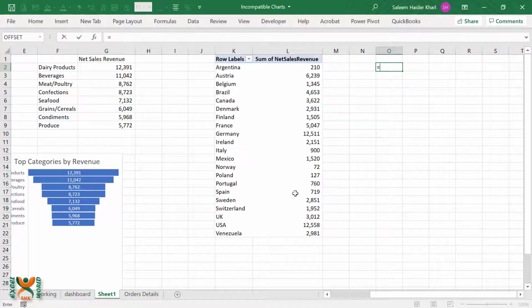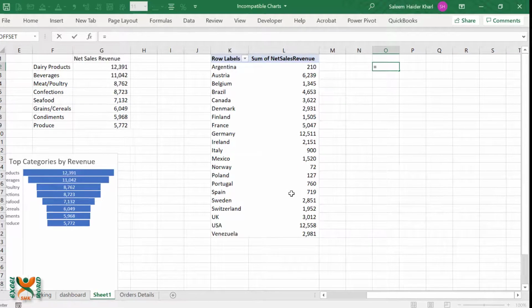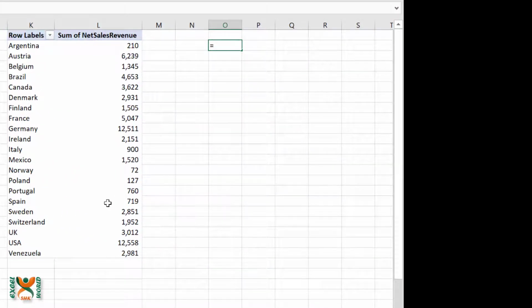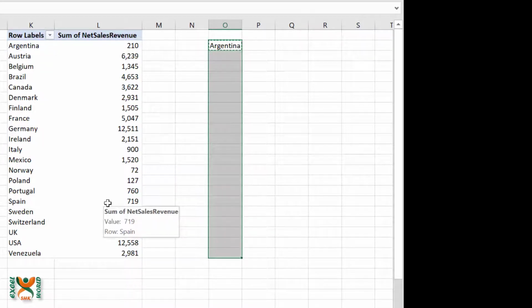For the countries, we are going to use the equal to reference, but obviously we do know that the number of countries will change with change in the slicers with different filters being applied. So we are again going to use the if formula. If the country name is equal to nil, then we should get nil, otherwise we should get the country name and bracket close, and we can copy this to all the cells below.